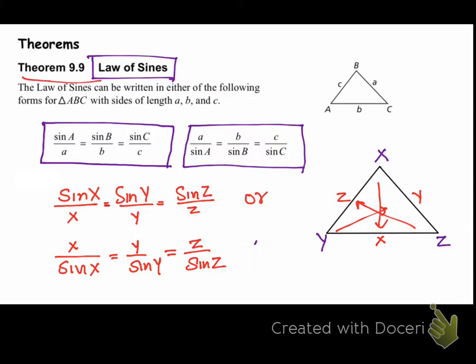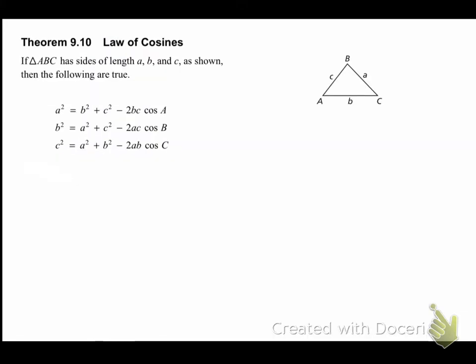All right, let's move to the last theorem here, the law of cosines. Here you will see cosine instead of the sine ratio, and it's again a relation between the angles and the sides of a triangle. So what you have to do